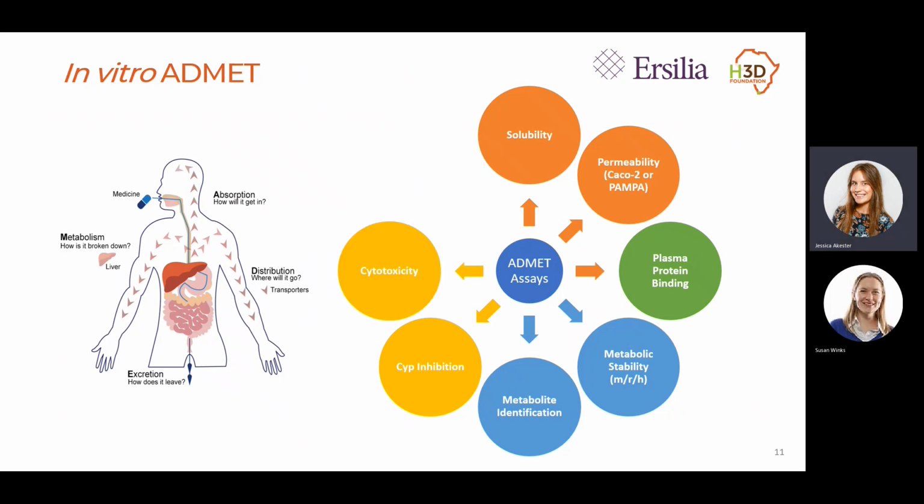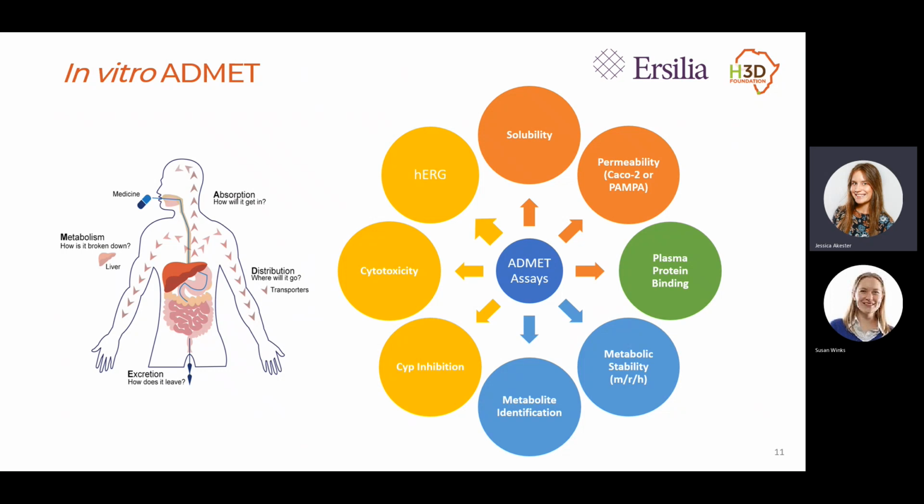And then more generally, looking at cytotoxicity, how toxic is it to the human? Is there selectivity for your parasite or your bacteria over the human cells? So that's what cytotoxicity measures. And then quite a big one that is a cause for attrition is looking at